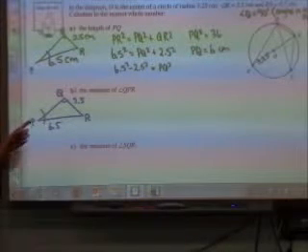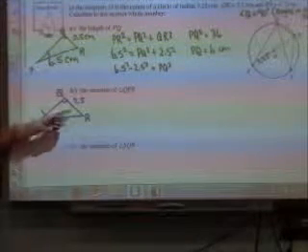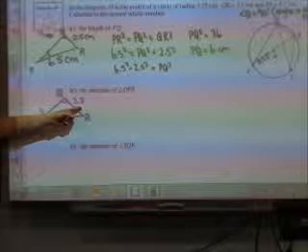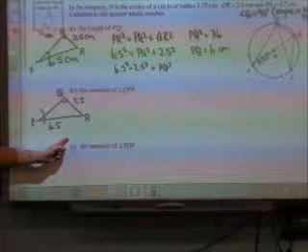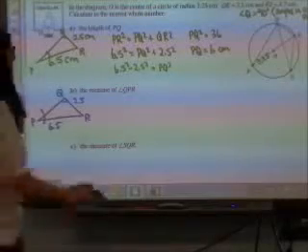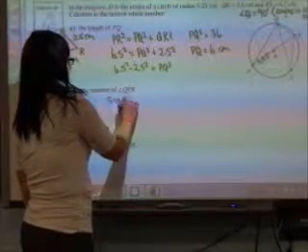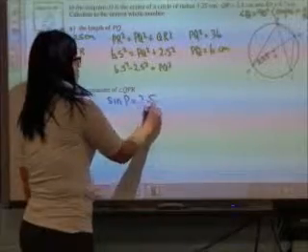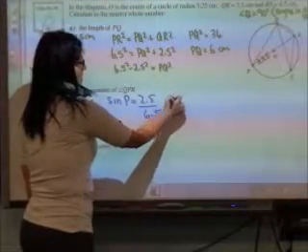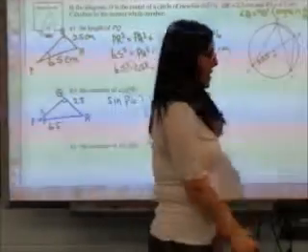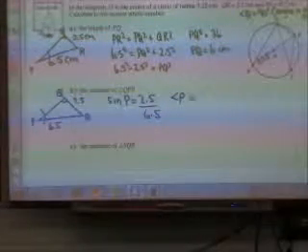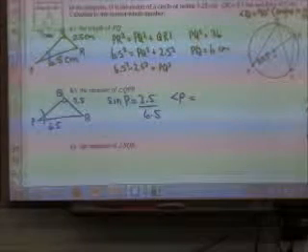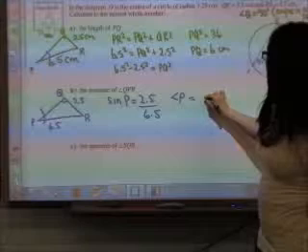SOHCAHTOA. So in terms of this angle, what do I call this side? So which trig function has opposite and hypotenuse? Sine. So the sine of angle P will equal 2.5 over 6.5. So then to find angle P, what would I have to do? What do I use on my calculator to find the angle? The inverse. So it would be inverse sine